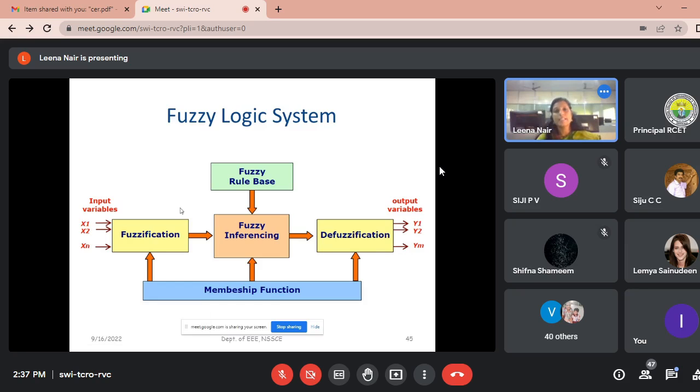Cheap, average, generous. In between, we have this fuzzy inference system, which has a fuzzy rule base. What is a fuzzy rule base? We created 3 rules. If service is poor or food is rancid, then tip is cheap. If service is good, then tip is average. If service is excellent or food is delicious, then tip is generous. So that is what forms the rule base. Based on these rules, it will evaluate the rules on the two inputs and give you a value. Again, the value will be a fuzzy value. You will have to defuzzify it and get a crisp value. I'll show it to you in